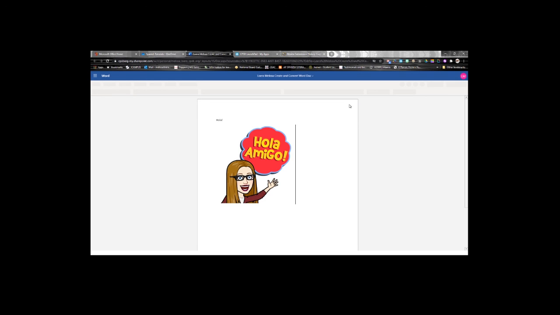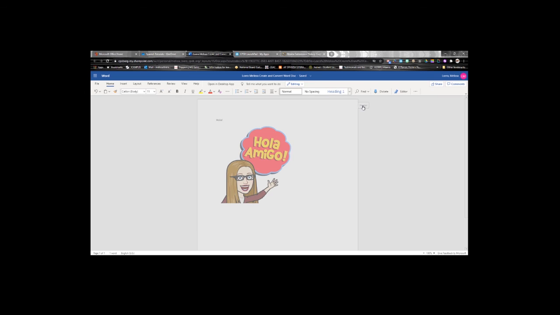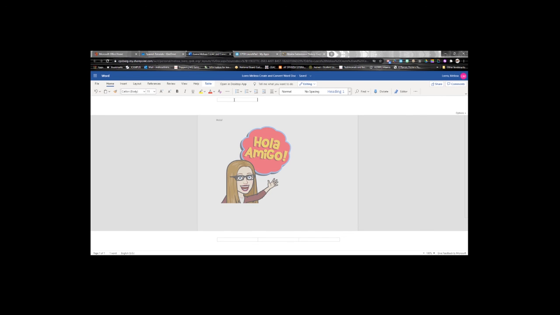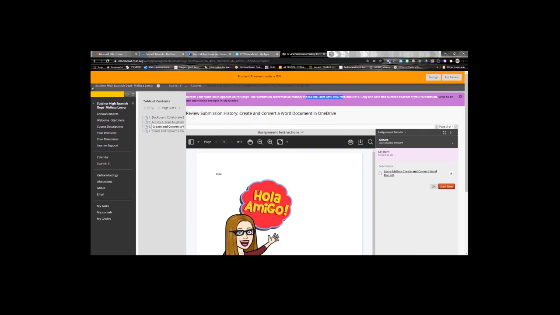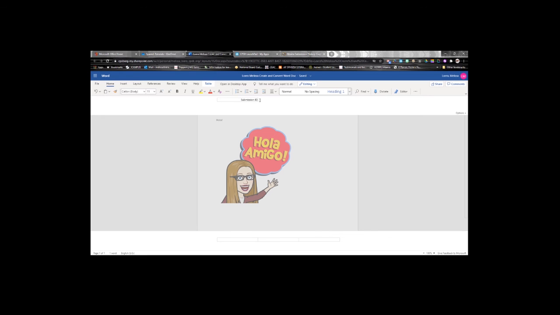What you want to do is you want to go up here into your document, and so up here in the header, you're going to create a submission ID confirmation number. And what this does is it creates a record. It creates a record that you did submit that I can then use if something goes wrong. I can use this to ask Blackboard to find your assignment. If Blackboard cannot find your assignment, unfortunately, you will have to redo it,